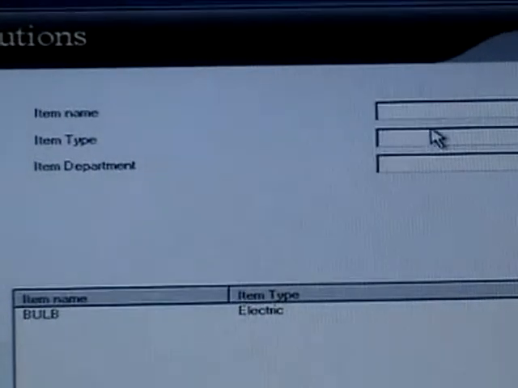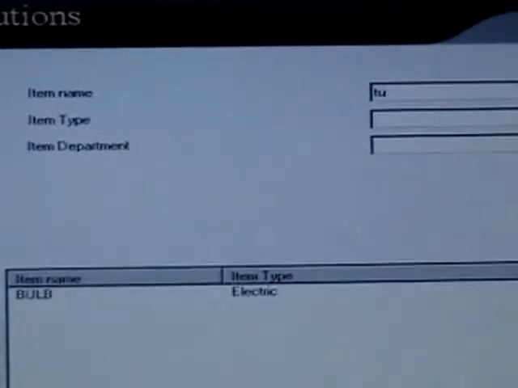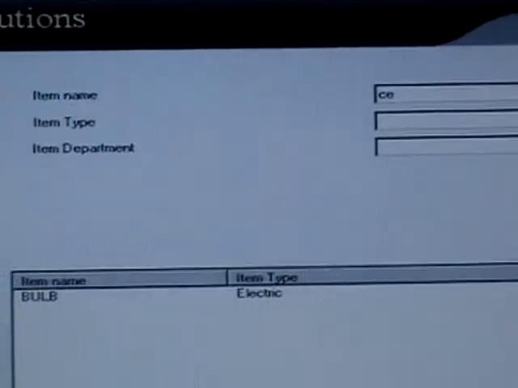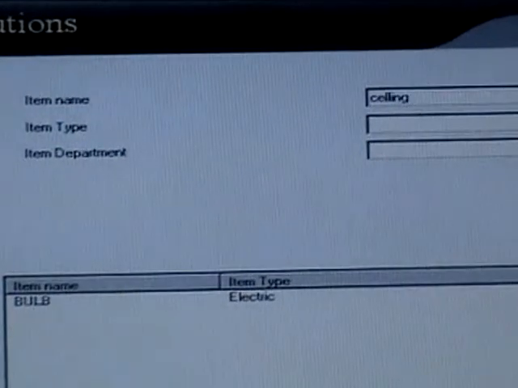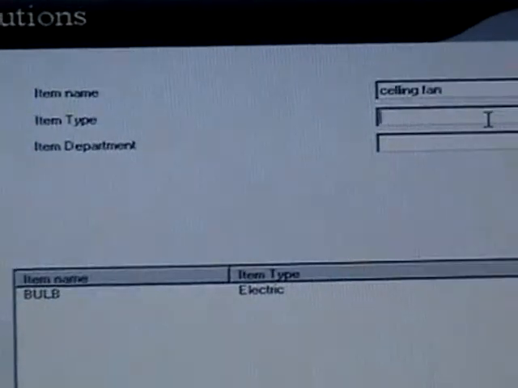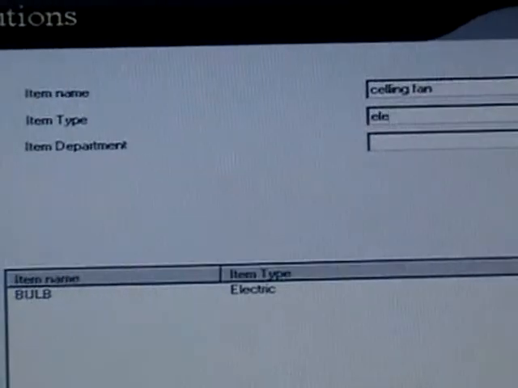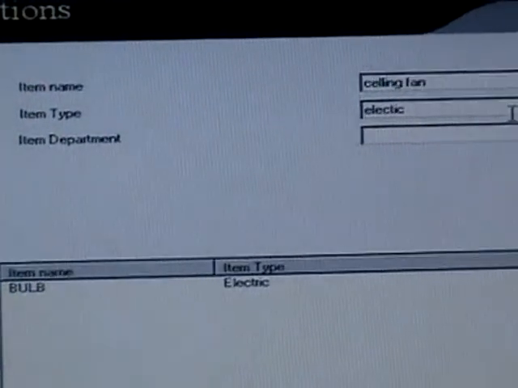From here we can add different types of items to our inventory. Give the item name. Item type and the item department.